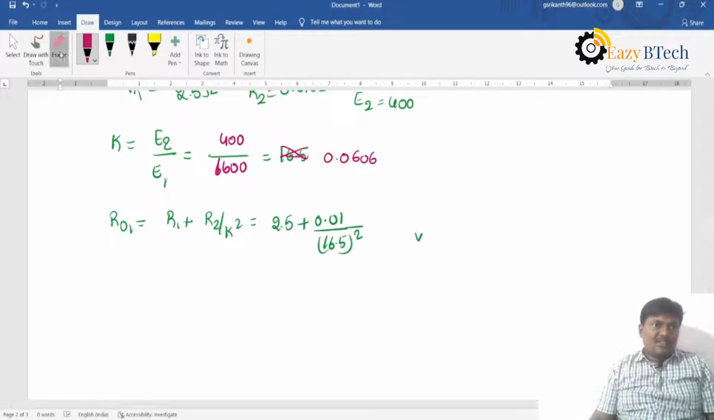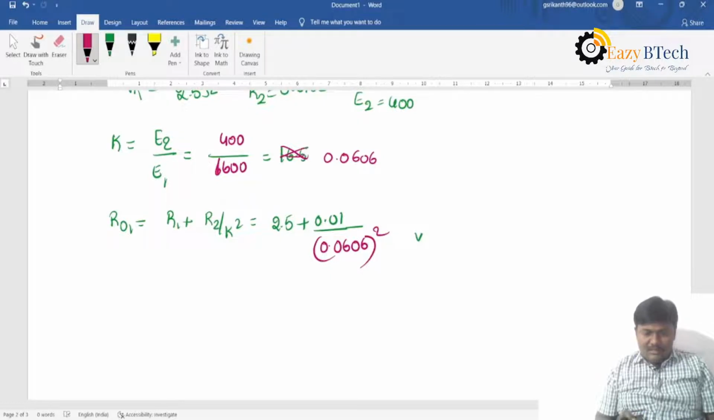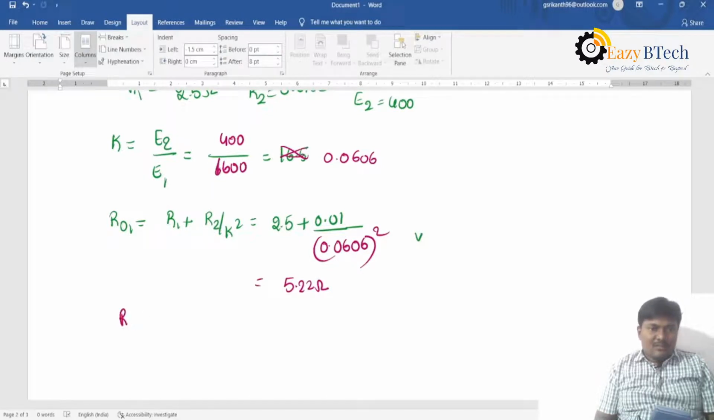This transformation ratio, 0.0606 whole square, 0.01 divided by the answer plus 2.5. So your answer is 5.22 ohms, and the R02 is equal to